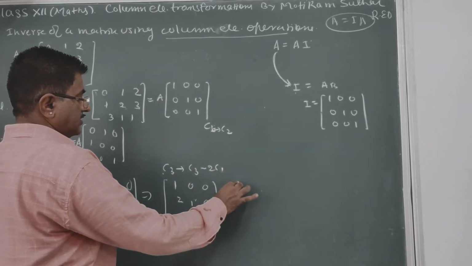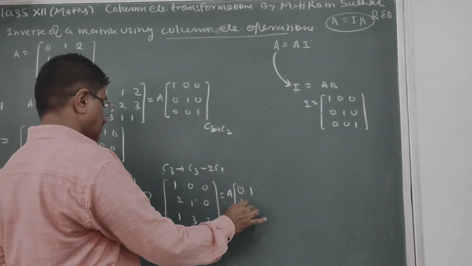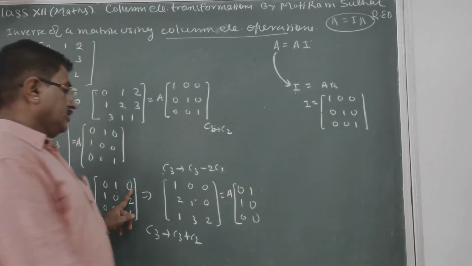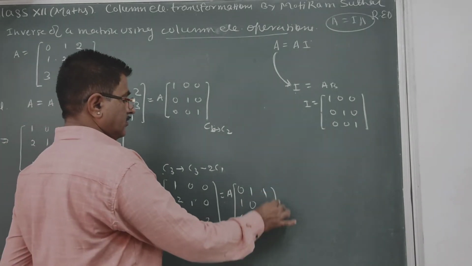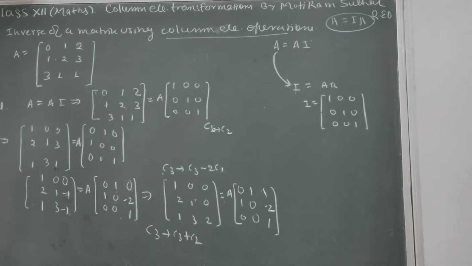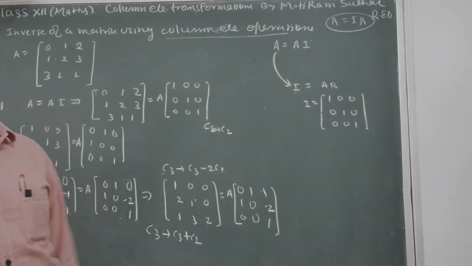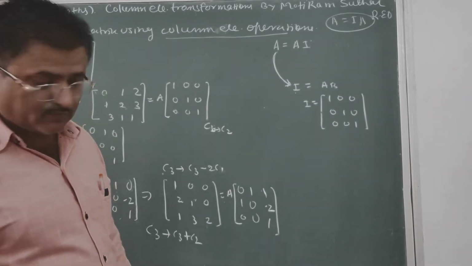Now on the right-hand side the same rule we apply. First and second columns are the same: 0 1 1, 0 0 0. Now 1 plus 0, that is 1. 0 minus 2, minus 2. 0 plus 1, 1. So in this way we can use the rule. Then next, this element we want to convert into 1. So you can divide by 2. The third column is divided by 2. So finally we write here.